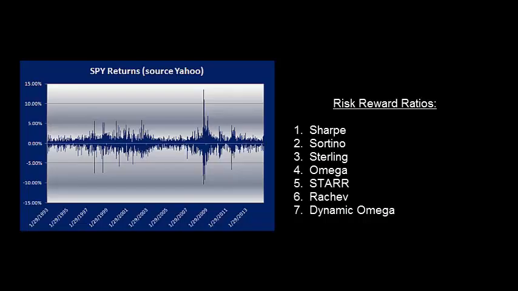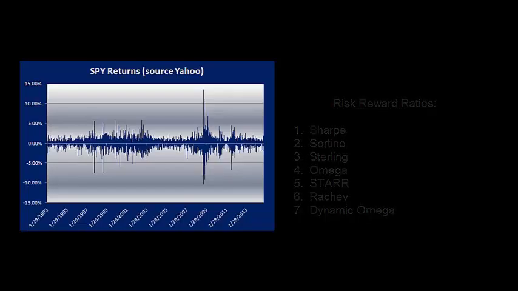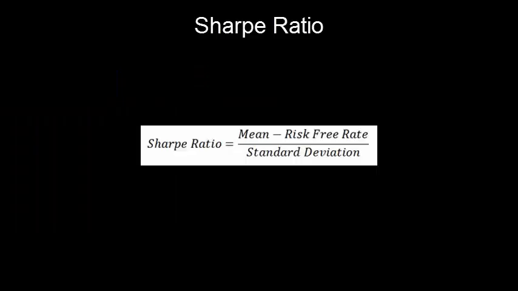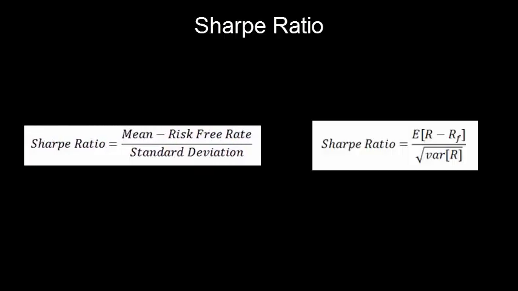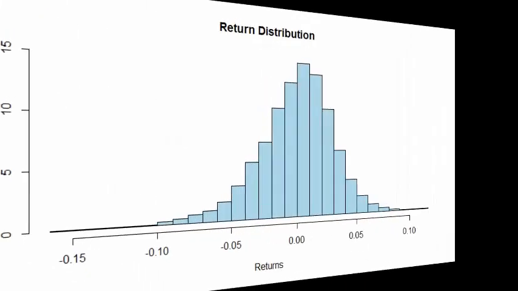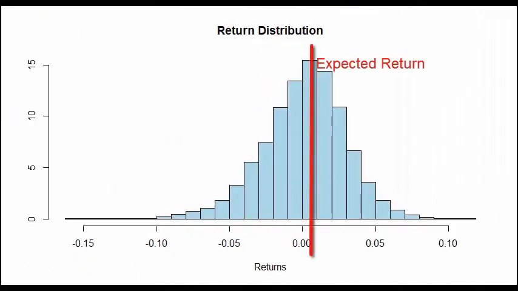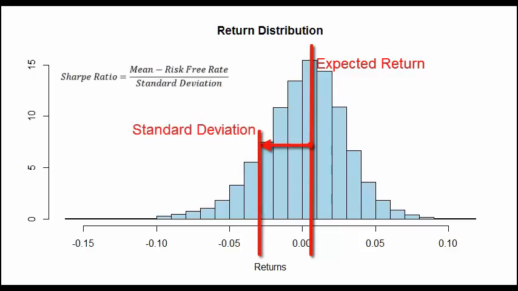We'll begin with one of the most traditional and commonly used ratios, the Sharpe ratio. The formula for computing the Sharpe ratio is the expected return minus the risk-free rate divided by volatility. This metric, as well as all metrics covered in this tutorial, may be computed for a portfolio or on individual securities. Some of the benefits of the Sharpe ratio include its relative simplicity and use in allocation algorithms, such as